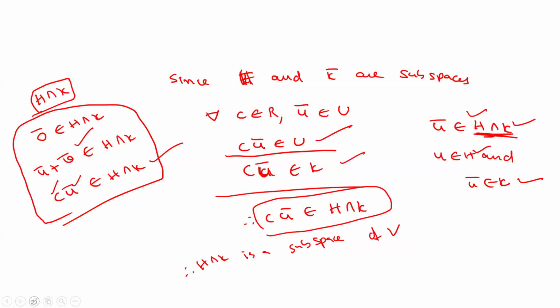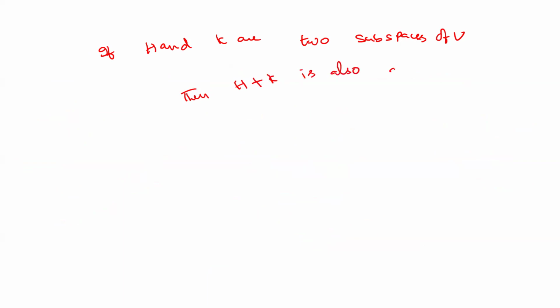Next, we are going to prove one more important theorem. If H and K are two subspaces of V, then H plus K is also a subspace of V. So what is H plus K? H plus K consists of the elements of the form